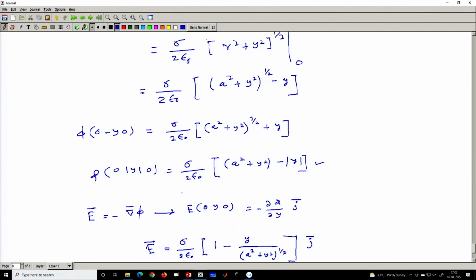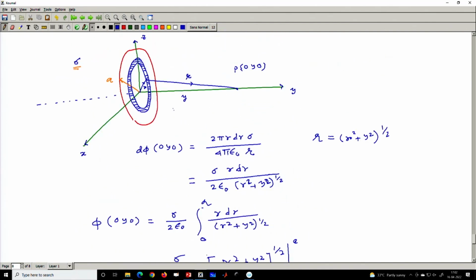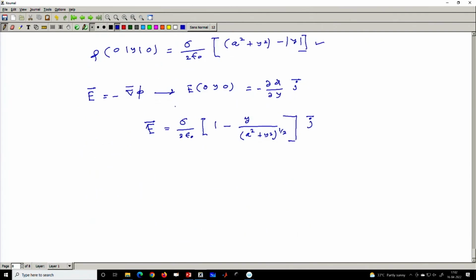Now, we know the result for an infinitely extended surface, right? What is the electric field for an infinitely extended surface? That is known to us. So, if I now make this surface infinite, for an infinite charge surface, I simply take the limit a tends to infinity, because then it is infinitely extended, and if we put that,